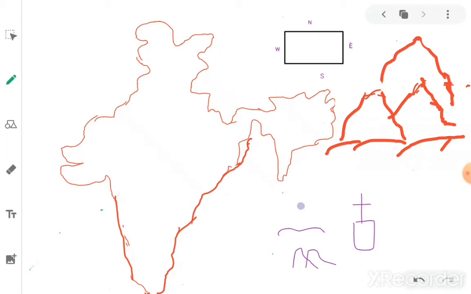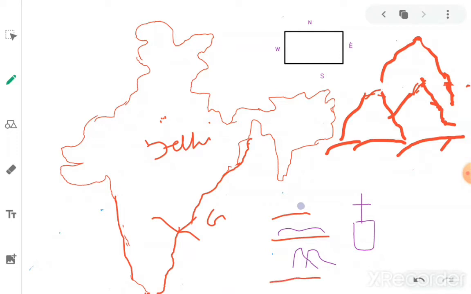Here observe, one dot is there. This dot we can use to locate any place in India. Suppose I want to locate Delhi, so here I will keep the symbol of this circle. So here we can locate Delhi like this, with the symbol of a dot. Second, here another symbol is there, the river symbol. So here in Andhra Pradesh, I want to draw the river Godavari. Here the Godavari river is flowing. So I represent this river Godavari with one line, that is the symbol of a river.